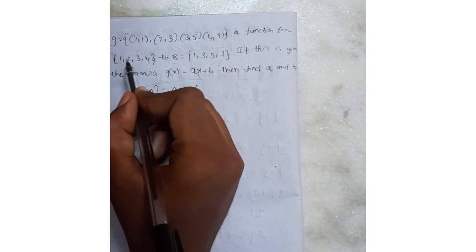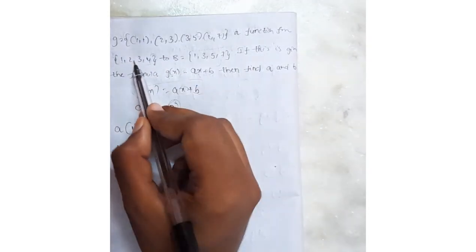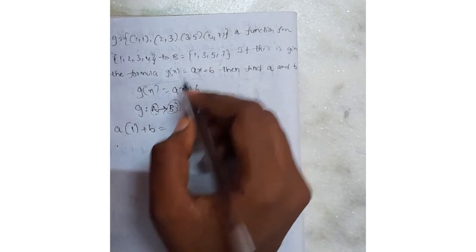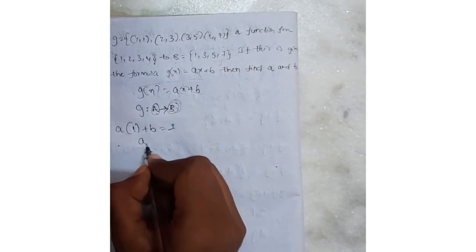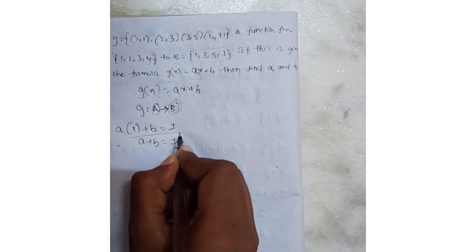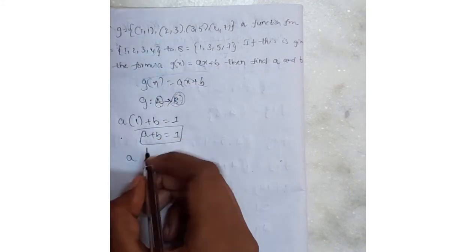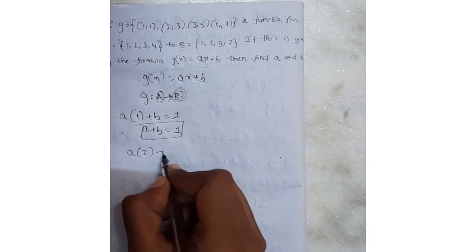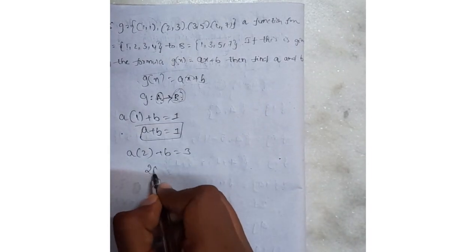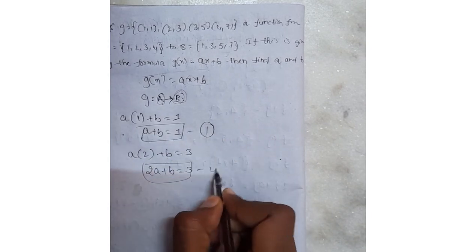First, g of x equals ax plus b. First substituting the values of A to get the values of B. X is nothing but the domain. Domain means A, and the values are 1, 2, 3, 4. Substituting 1: a plus b, and by substituting the values of A we will get the values of B. That's why the relation is given, so a plus b equals 1. We got one equation. Next, by substituting another value from A, we get 3, meaning 2a plus b equals 3. Let us consider this as 1 and this as 2.